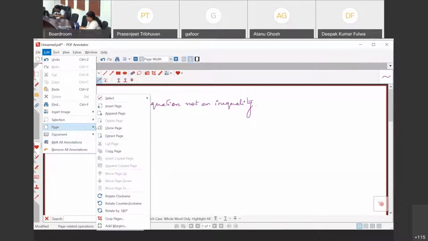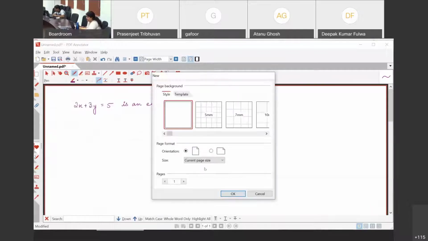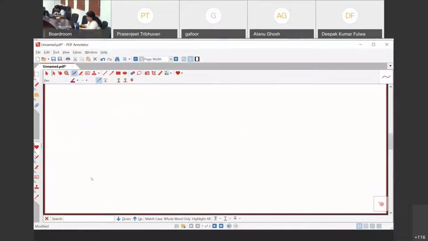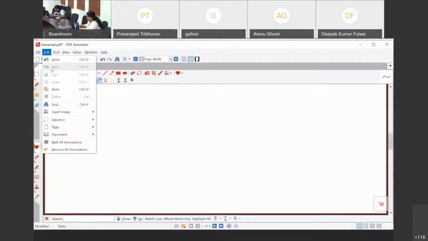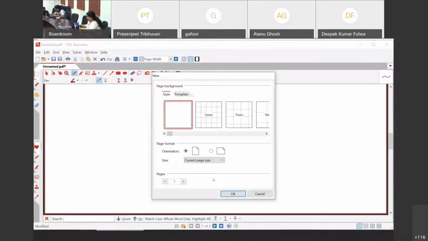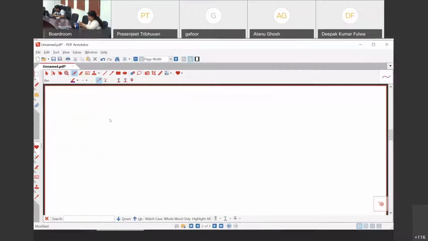So page, if you go, you can insert a page. So you can keep increasing your document, and you can keep writing. You don't have to, and everything will be saved. So I inserted a page, and notice when I inserted the page, it was the previous. If I append the page, then it's the next page. But insert the page will be the previous page.